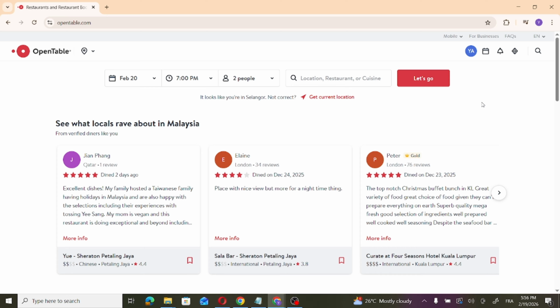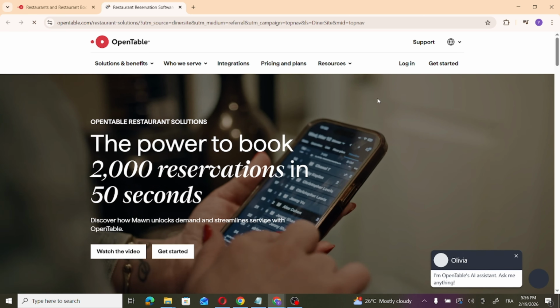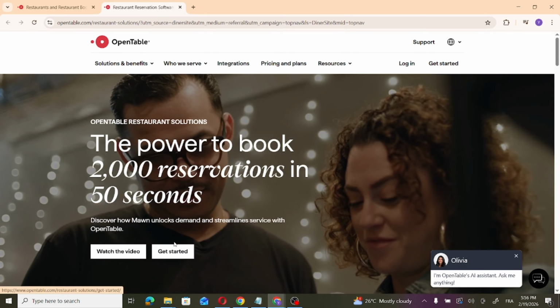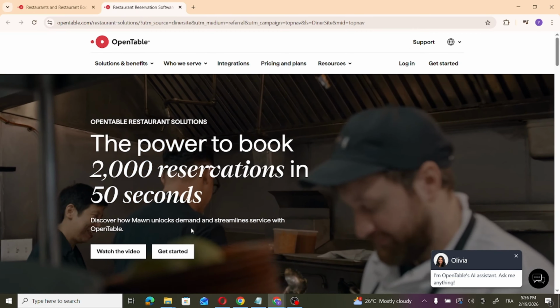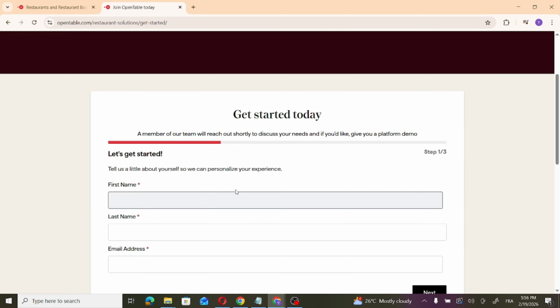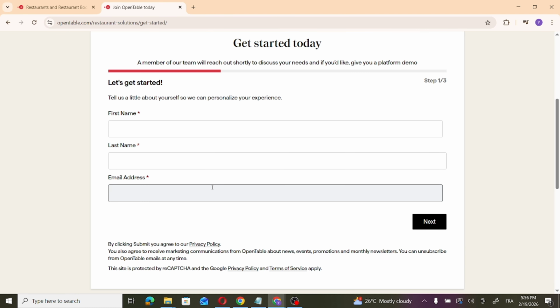So for restaurants, all you need to do is just press on For Business here. Wait a moment for it until it loads up, and then you need to create an account here. Just press on Get Started. The power to book 2000 reservations in 50 seconds. Press on Get Started. And now you need to input your first name, last name, email address, and then press